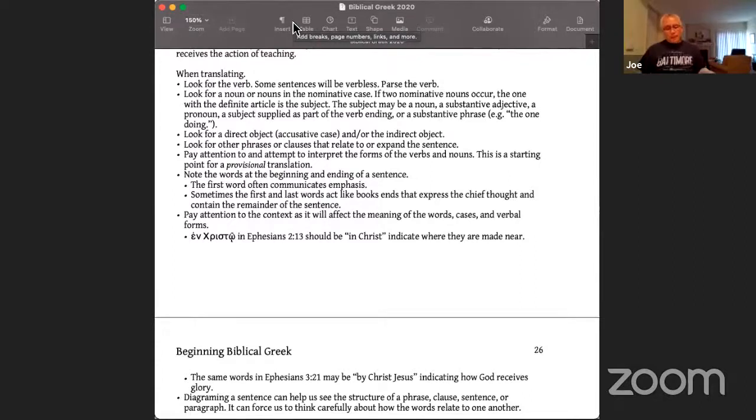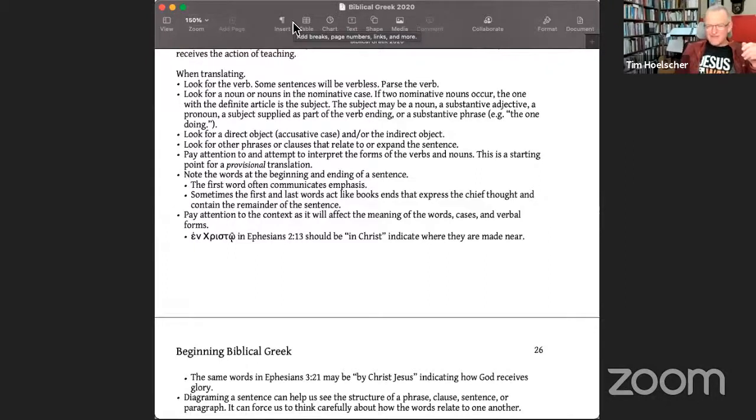Well, you can get the person. Yes. So you're going to have to infer from context how to translate the ending on the verb. So we found a verb, we found a noun or a substantive to function as the subject. The third thing we want to look for after that is